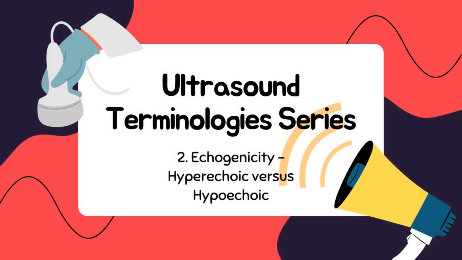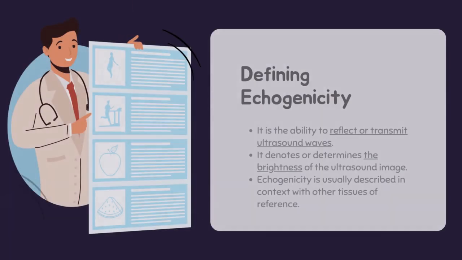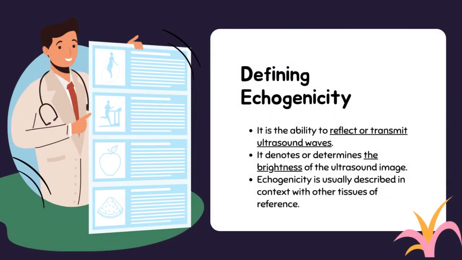In this video, we will be considering two main appearances of ultrasound images within the echogenicity spectrum: hyperechoic and hypoechoic. We have described echogenicity as the ability to reflect or transmit ultrasound waves. It determines how bright or how dark the ultrasound image will appear. And one thing we need to remember about echogenicity is that it is usually described in context with surrounding tissues